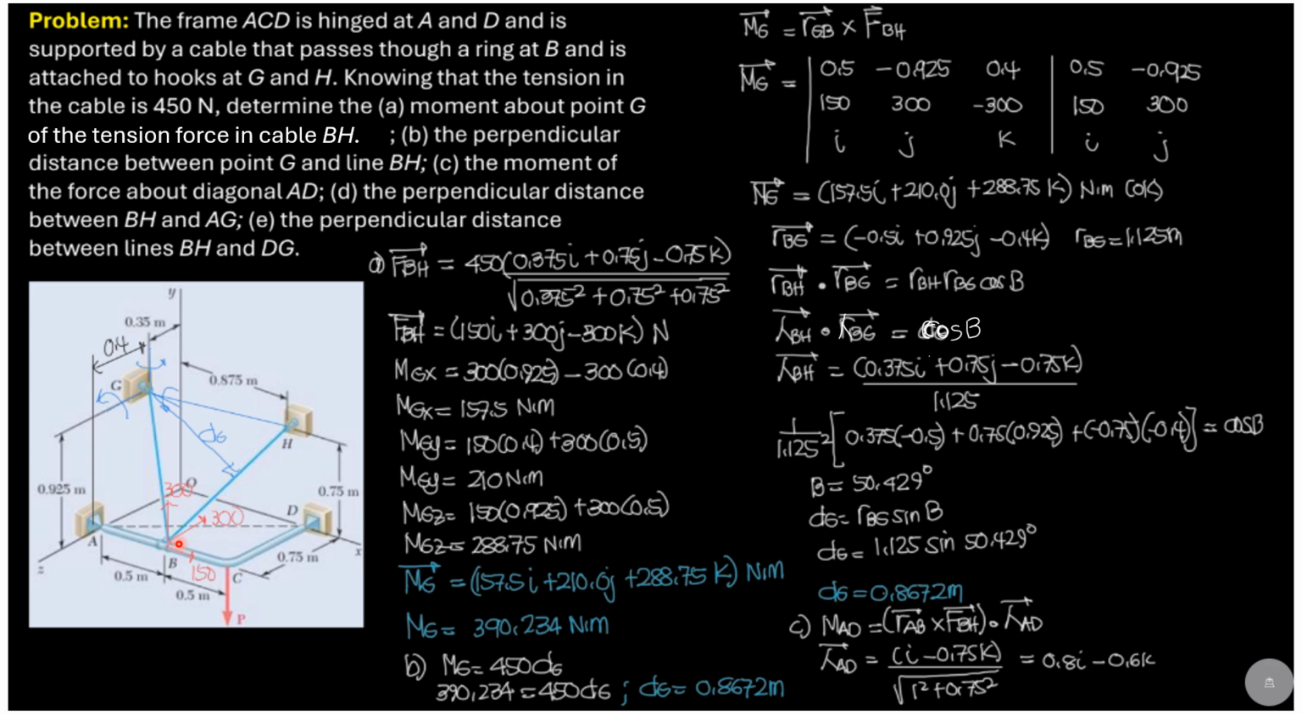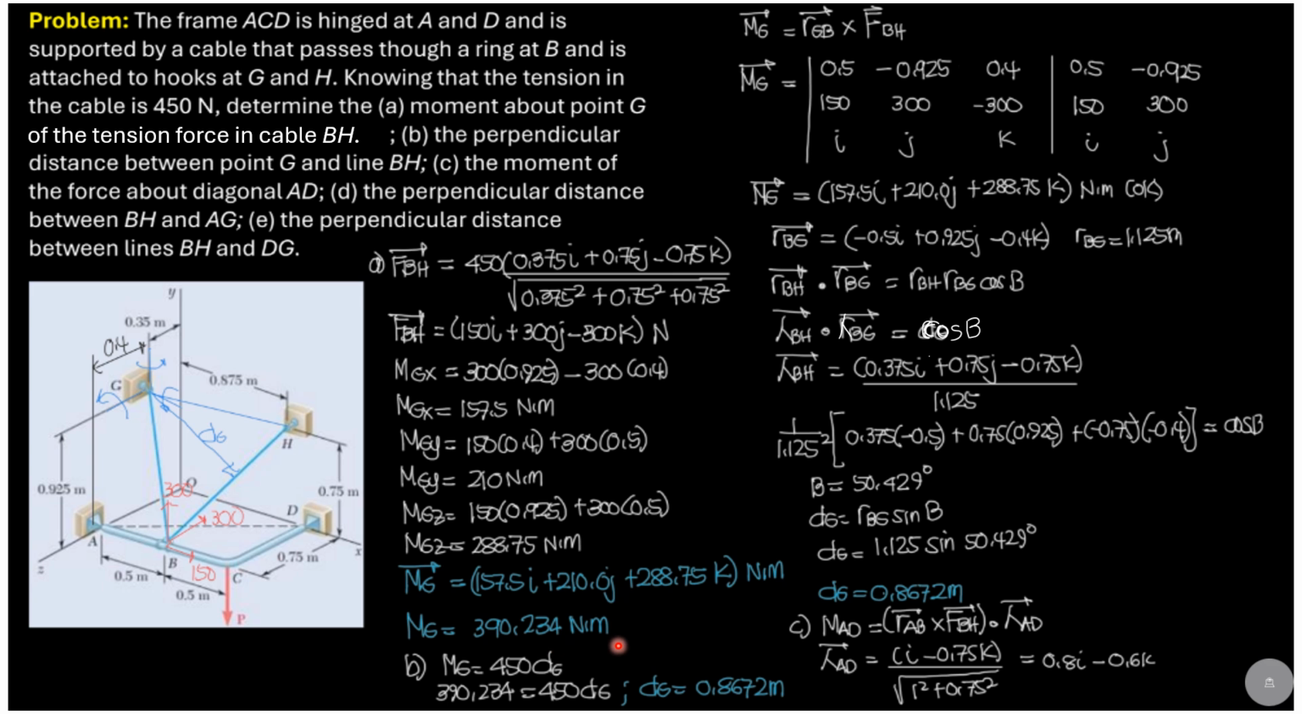M_Gy, positive sense, would be in that sense. So this is positive, 300 times 0.5, then plus 150 times 0.4. So 150 times 0.4, 300 times 0.5, 210 newton meters. M_Gz, positive in that sense. So 150 times 0.925, then plus 300 times 0.5. So it is 288.75 newton meters. In vector form, 157.5 i plus 210 j plus 288.75 k newton meters, and the magnitude is